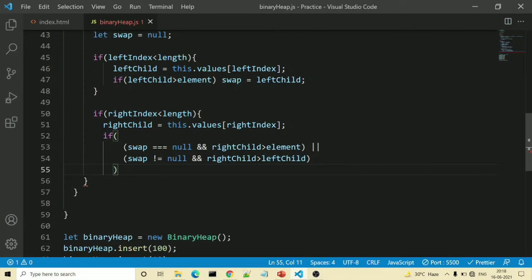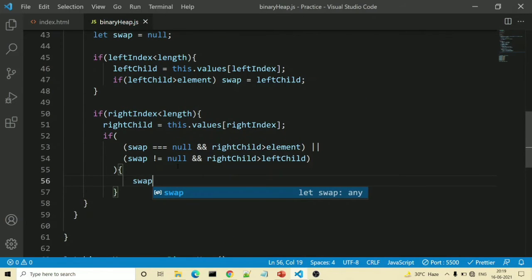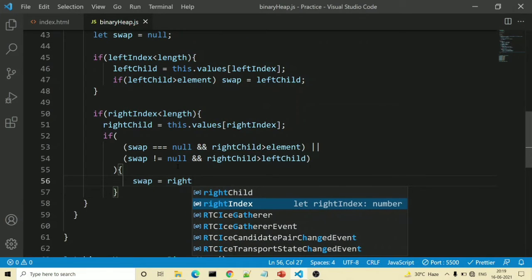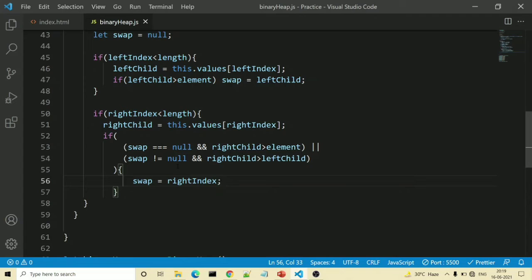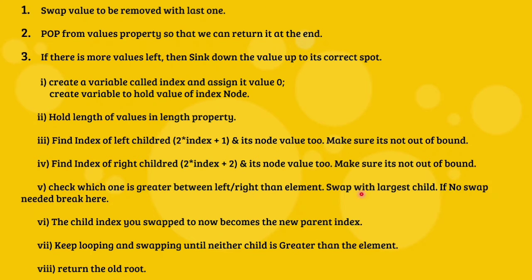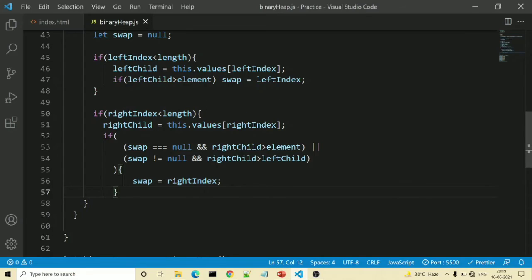So now we will have swap is equal to right index. So with this, our swap will hold the index of the proper left and right child. Here it should be our left index, not child. We need our index. Once that is done, it is saying swap with the largest child.